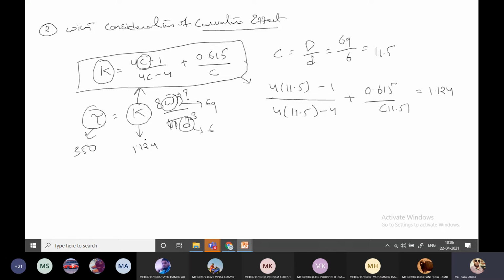Substitute all the values in this equation and get the axial load in terms of newtons. How much? Tell me the W value. Do it fast. 382.7. How much? 382.7.